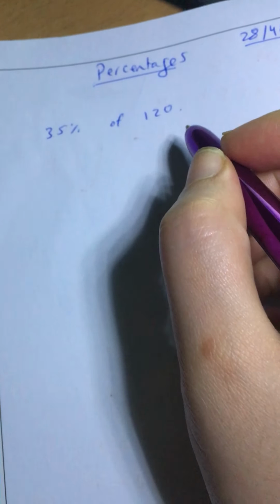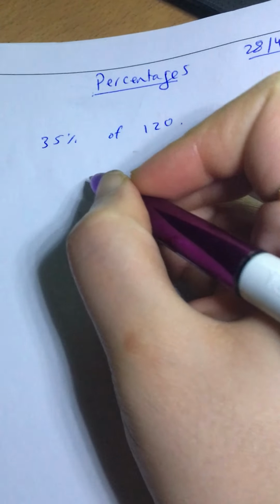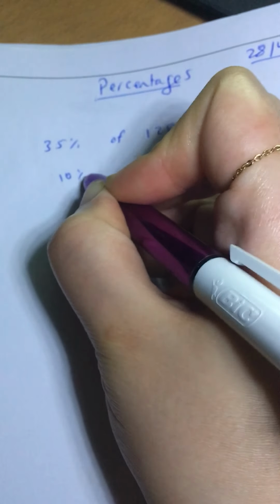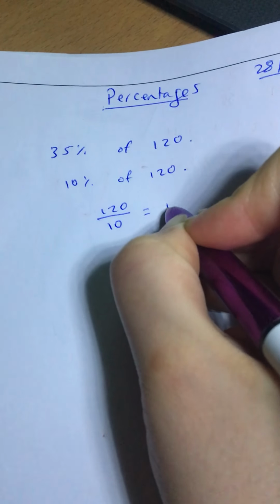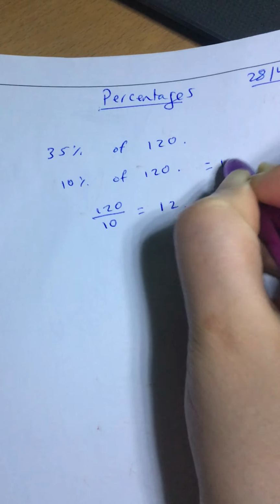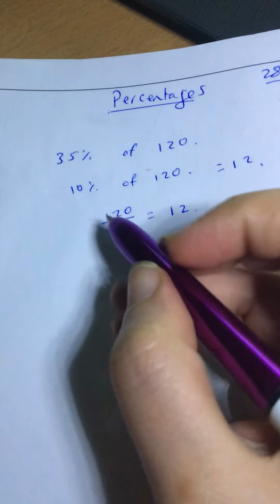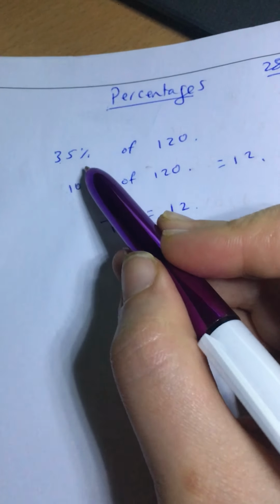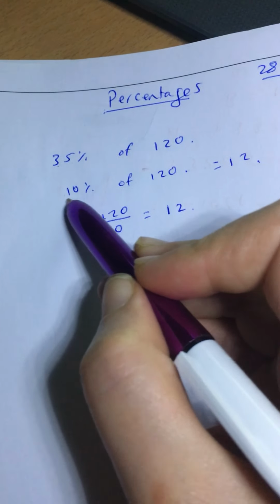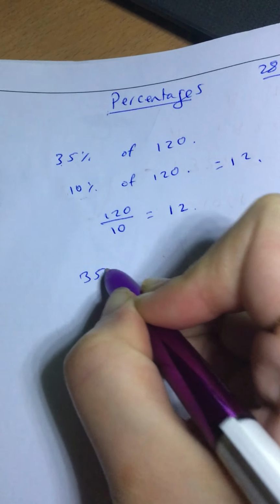To find 35% of 120, I begin by finding 10% of 120. So to find 10%, I do 120 divided by 10. That will give me 12. So 10% of 120 is equal to 12. And then I know that to get from 10% to 35%, I need 3 lots of this 10%, because 35%